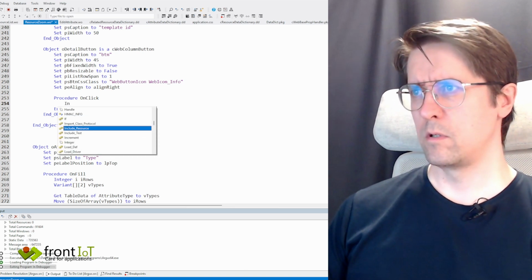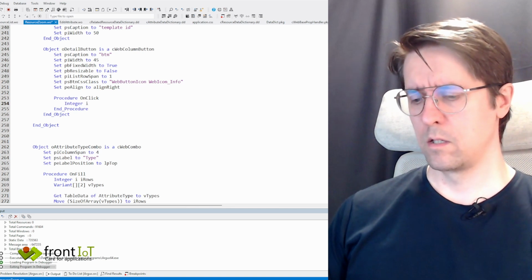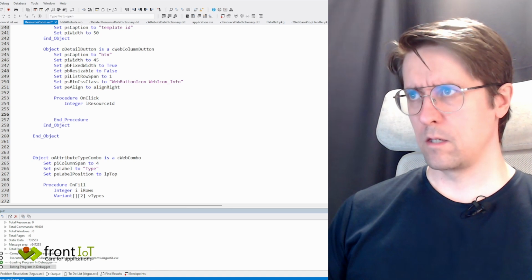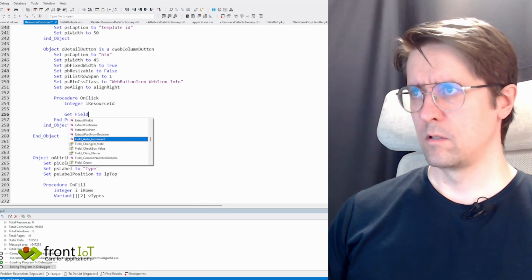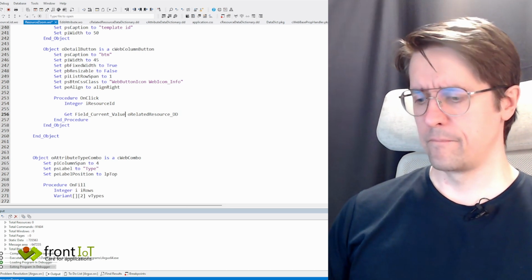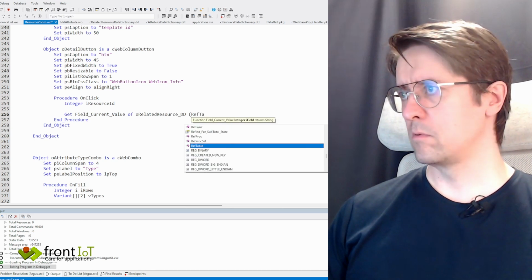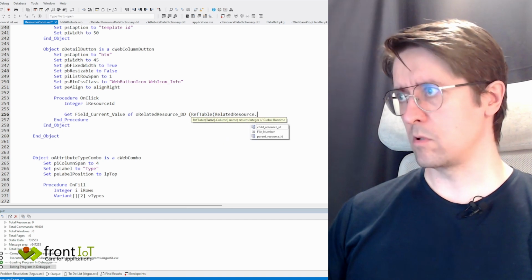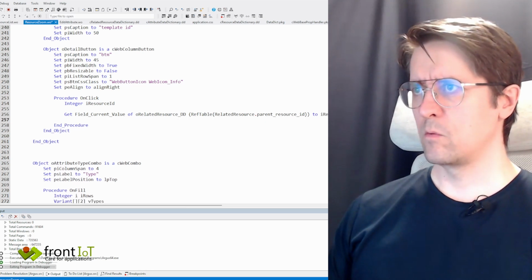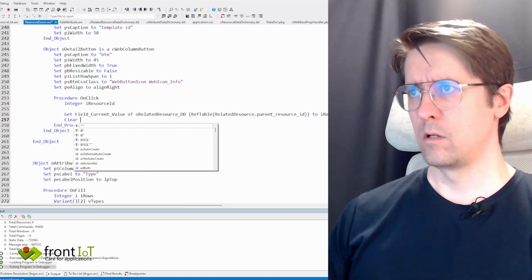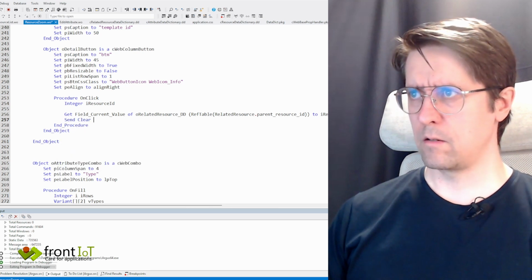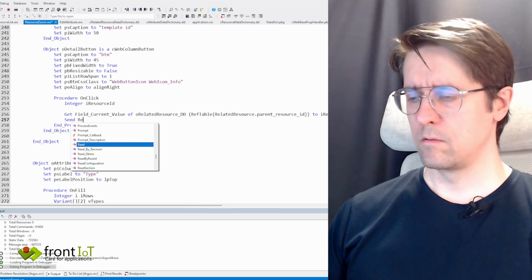See, integer iResource ID, get field current value of ref table related resource dot parent to iResource ID, and then we want to clear resource, send clear, that's the request clear,